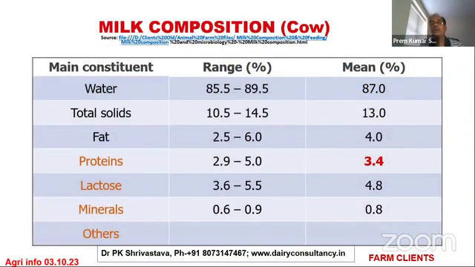The next slide is a very common presentation of what milk composition is. It is just to show you that the milk has fat and SNF. The SNF and fat together are called the total solids. Here we have taken 13%. Generally, it is 12 to 14%. It varies. In the case of buffalo, it is generally more than 15%. In the case of cow, it is 12 to 13%. Here we have taken an example of common milk, which is 4% fat and about 9% SNF. So total solids becomes about 13%.